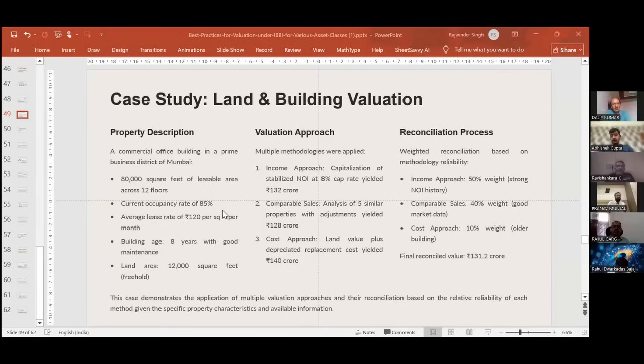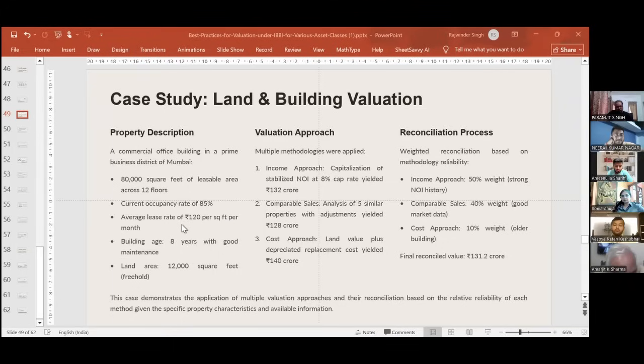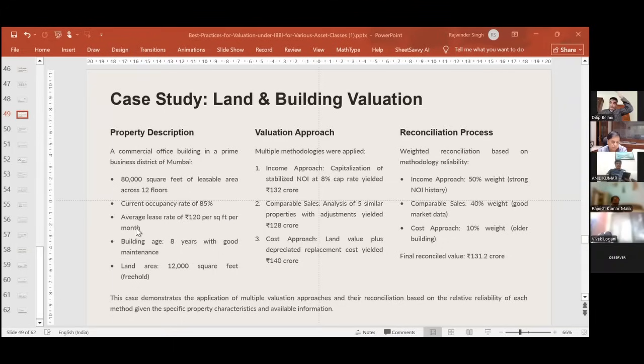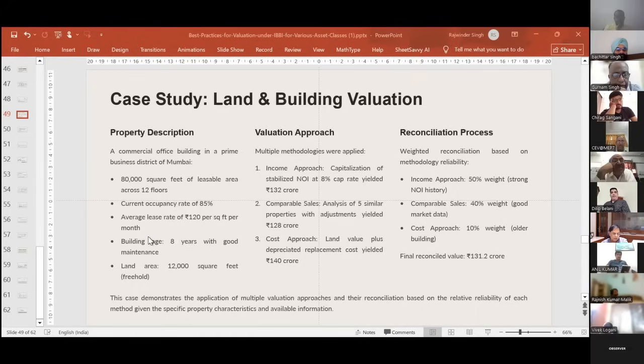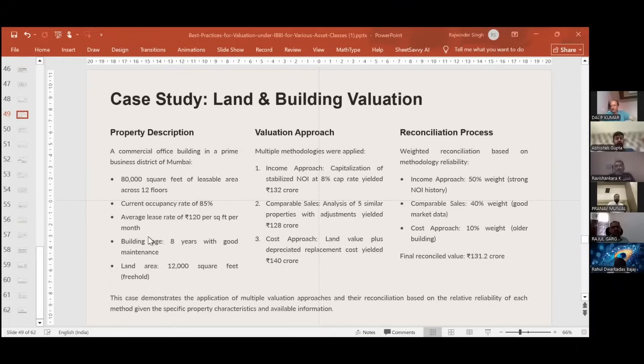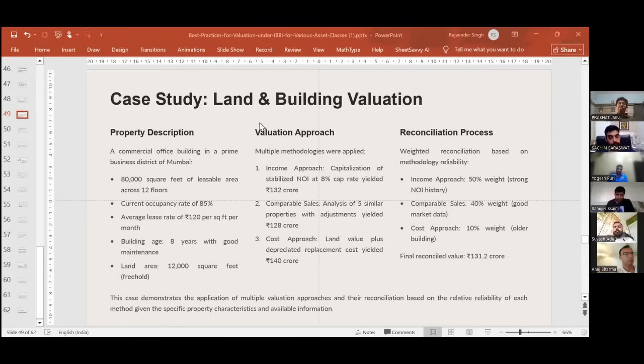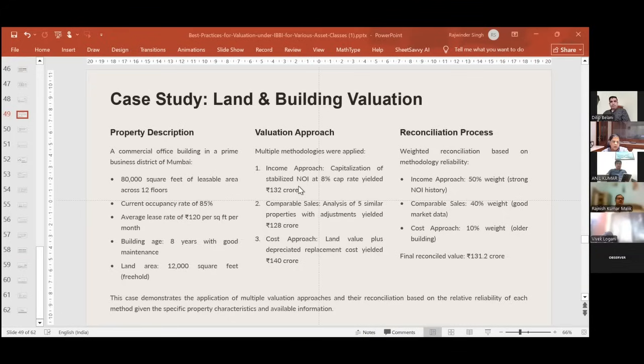Current occupancy rate is 85%. Average lease rate is 120 rupees per square feet per month. Building age is 8 years with good maintenance, and land area is 12,000 square feet, freehold property. So we apply multiple methodologies for calculating its value. From the income approach, we capitalize stabilized net operating income at an 8% capitalization rate, which yielded the value